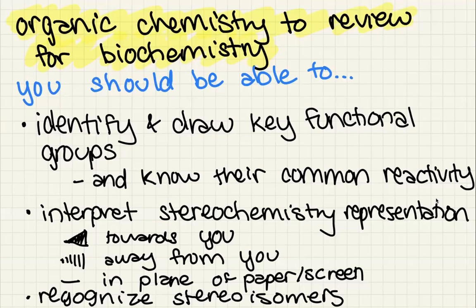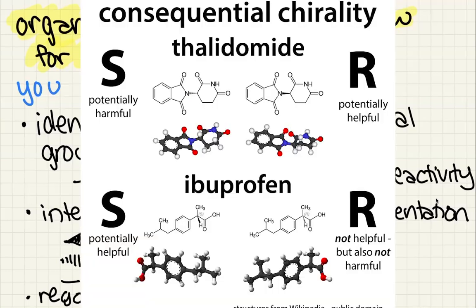Note that a lot of times we're not going to include the stereochemistry, but sometimes you will, and we'll talk about some key times when stereochemistry really can come into play, especially because even if we don't explicitly draw it or talk about it, the stereochemistry is going to be really, really important for things like whether a drug, say, can be processed by the body, whether it can be metabolized, whether it might be harmful or helpful in the case of some drugs